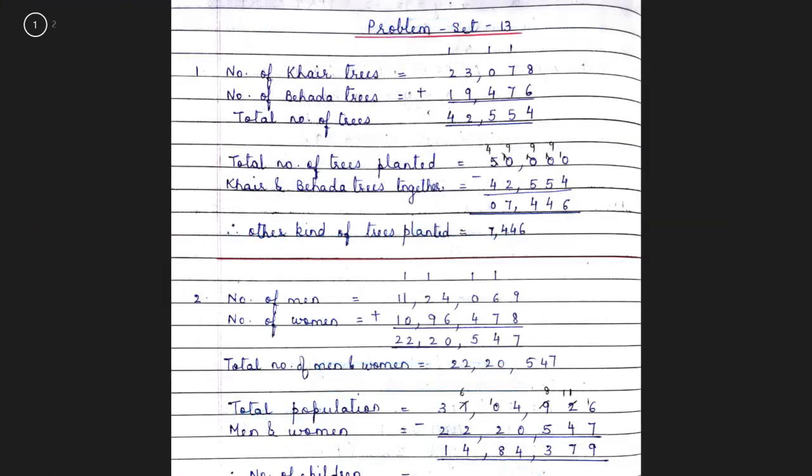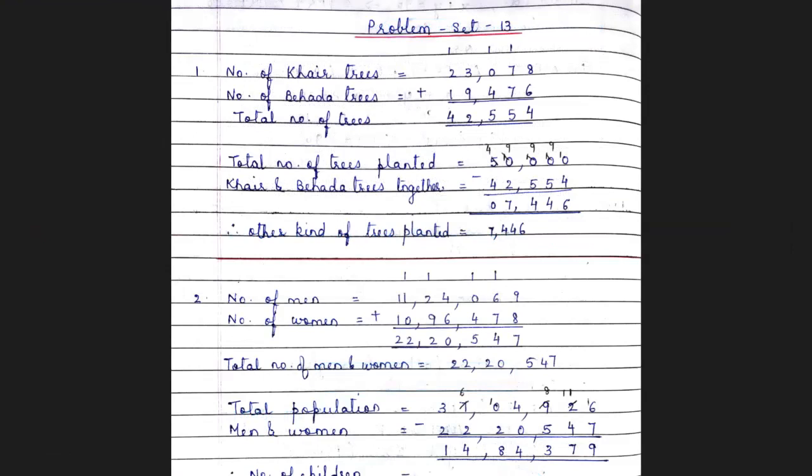So number of Khair trees 23,078, number of Behada trees 19,476. So add both these up. So what is the total number you get? Children, I hope this addition you can do it yourself, right? You have done this in the previous exercises. So you get